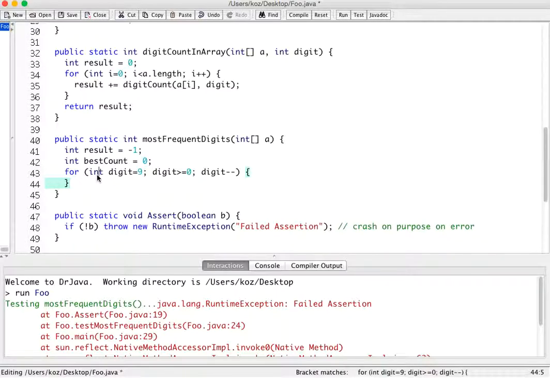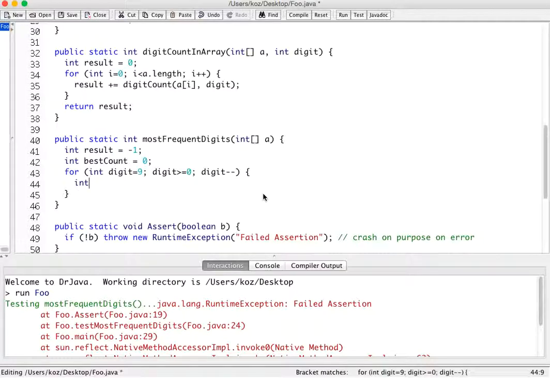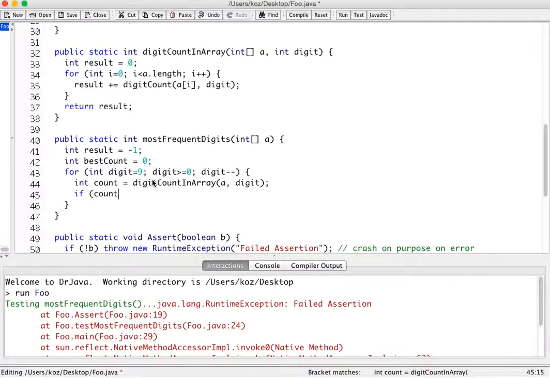So this loop here is kind of a weird loop. It's different from what we normally do. We're counting down instead of up. Perfectly legitimate though. Make sure you understand how that worked. Now for each digit, the count is this thing. We get the number of times that digit occurs in that array. Okay? If our count is